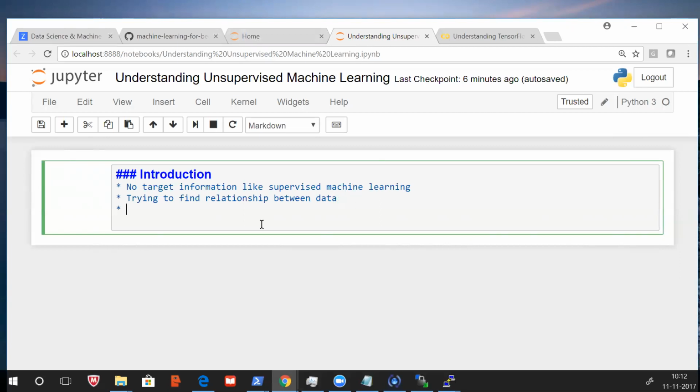Okay. So no target information, trying to find relationship between data.